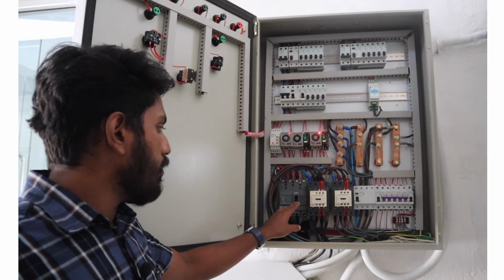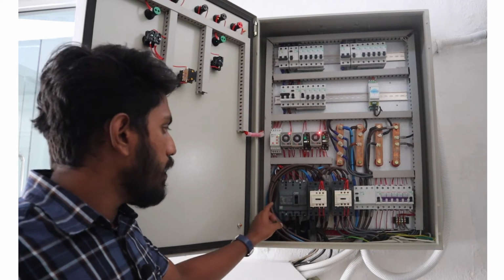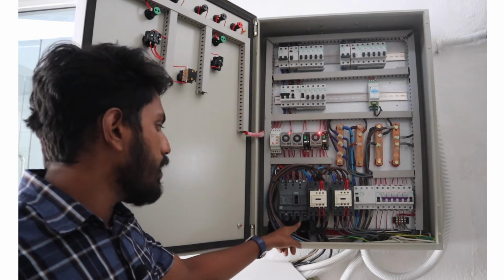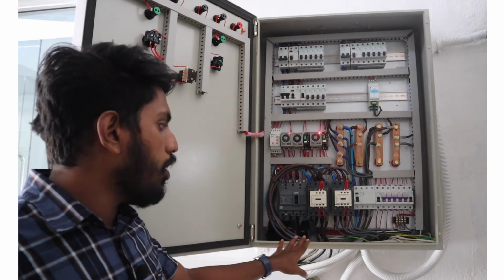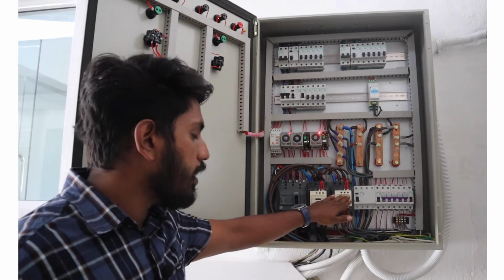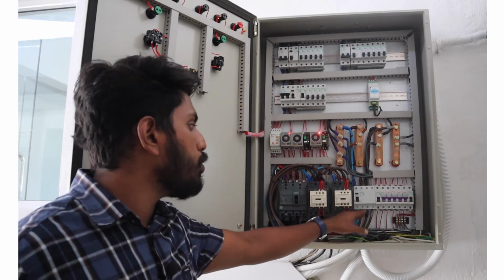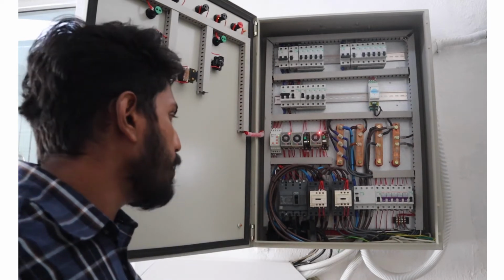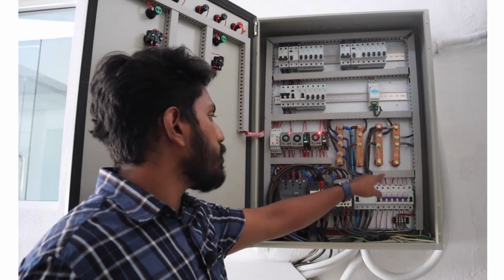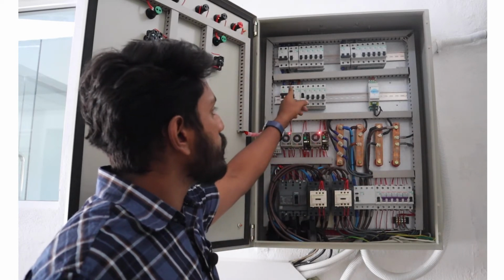So from the grid, the line is given to a 4-pole MCCB, and from the 4-pole MCCB it is fed into another contactor. Between them we can use the CTs to monitor the power of the grid only, and we can see another supply from the generator. It is directly connected to this contactor, and both of these lines are bridged together and fed into an RCCB. It's a 4-pole RCCB, and from the 4-pole RCCB we have used 4 different bus bars to feed the single phase lines into these single phase RCCBs and